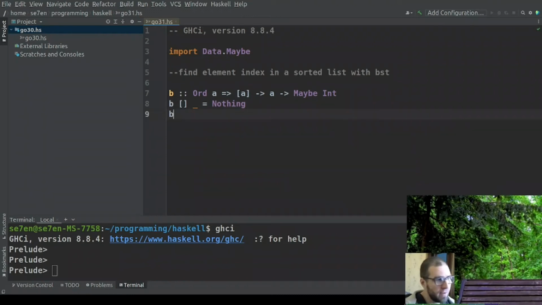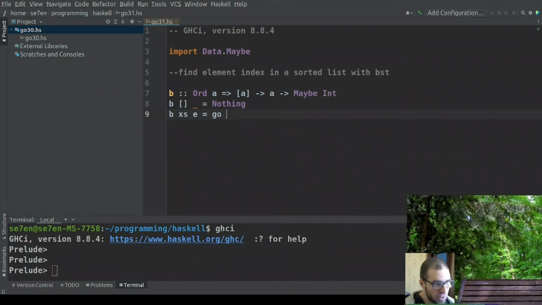But what if I have some list and I want to find some element E? For this I will use a helper function, which I call go. And this function will take two arguments. Actually, to continue searching, I need to know about